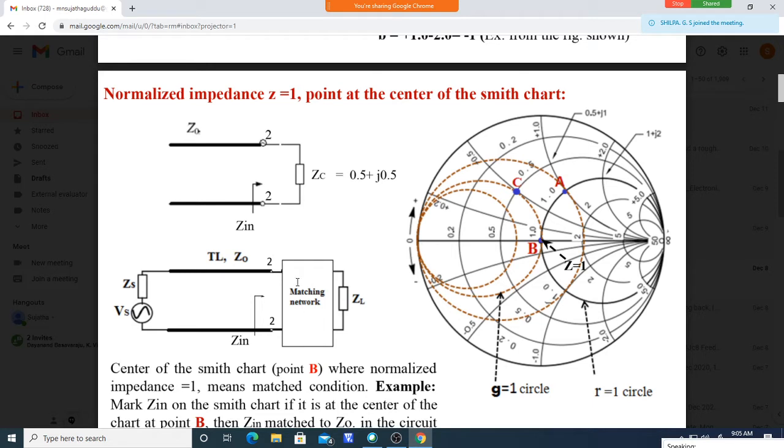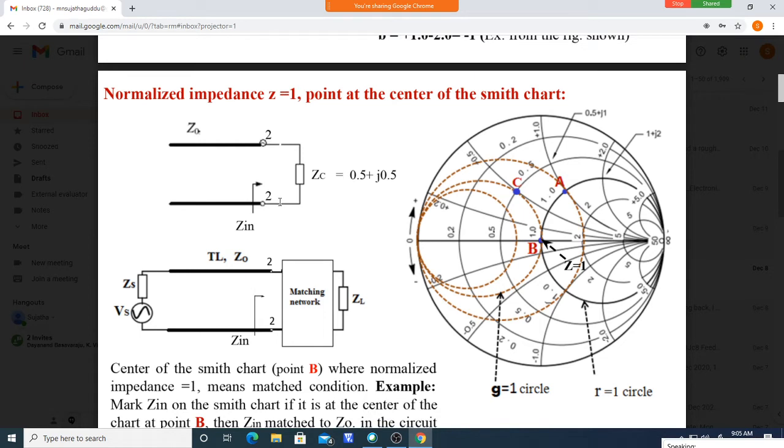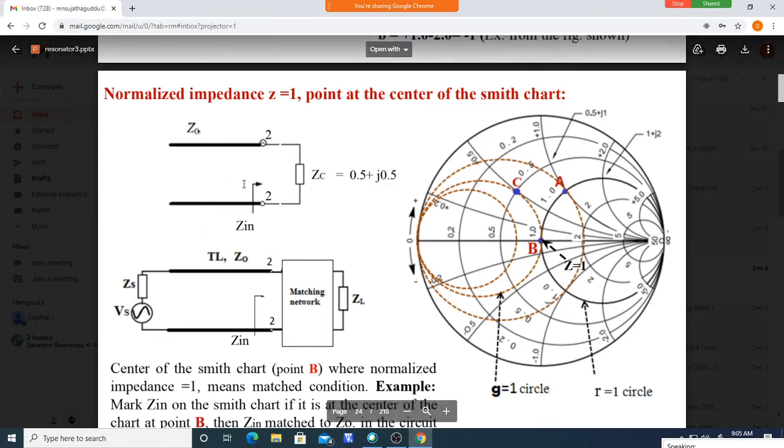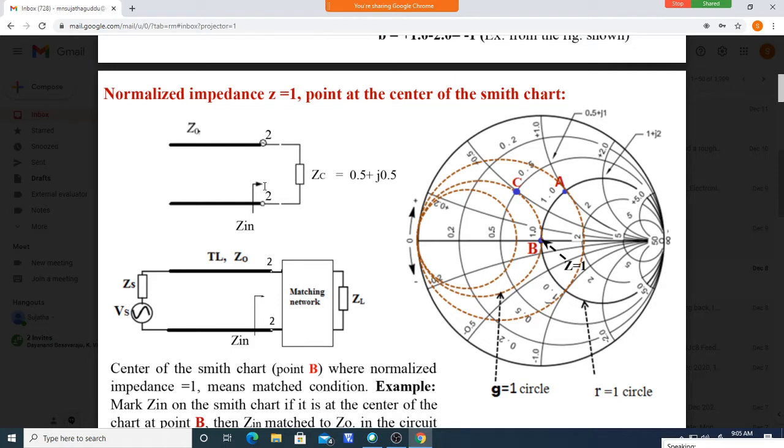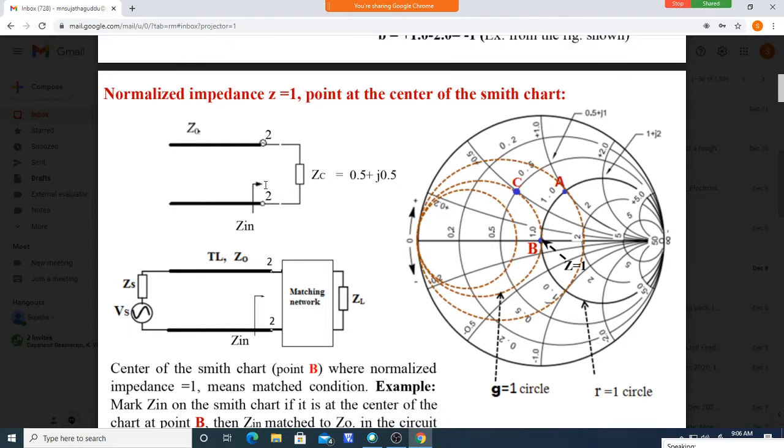To find the components of this impedance matching network, which usually consists of reactive elements like an inductor and capacitor, we use this ZY Smith chart to get their values. We bring the input impedance looking towards terminal 2 to be equal to the characteristic impedance, which should be 50 ohm. That 50 ohm we are achieving here. Our intention is to bring this to a value equal to 50 ohm. That's what we need in these problems.